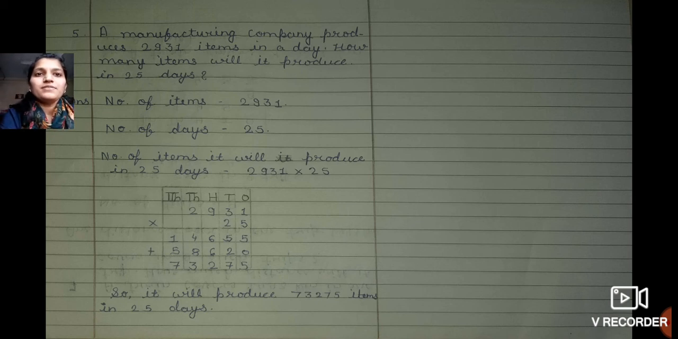Let's read the example. First of all, a manufacturing company produces 2,931 items in a day. So how many items will it produce in 25 days? So how many items it produces in one day? 2,931. Then number of days, 25. So we have to find how much it will produce in 25 days. So we are going to multiply